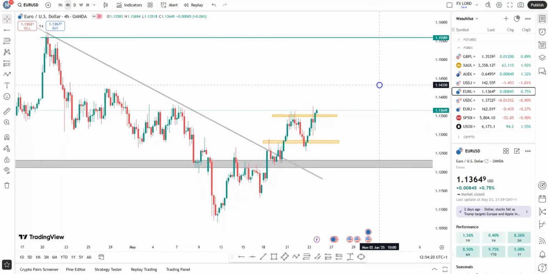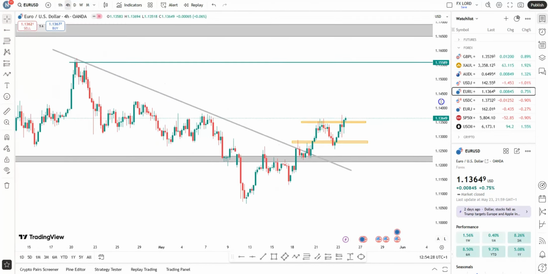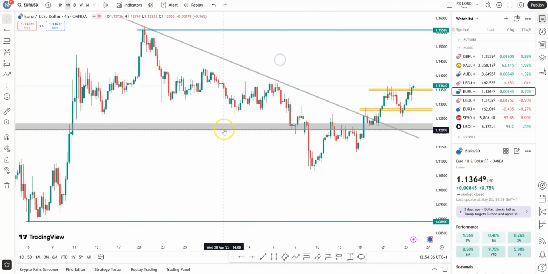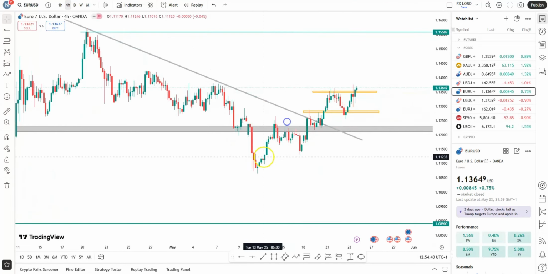EURUSD is actually cooking, and it cooked to our position. As you can see, price, wow. What happened here is price came all the way back to retest the support level. And right, so this was a strong support level. Price came back here, broke below but could not hold, and so the bulls pulled back the price to the